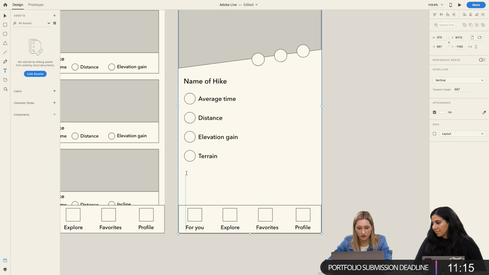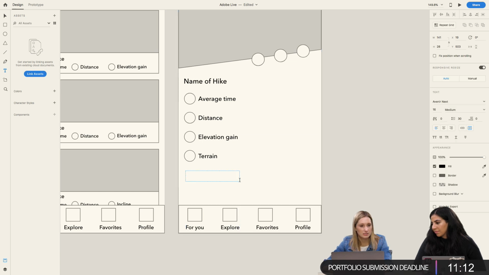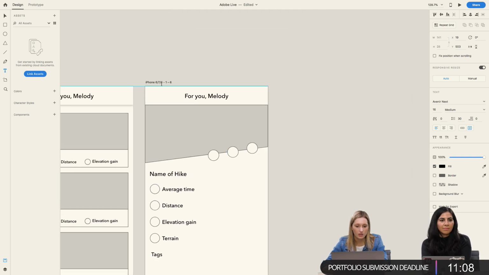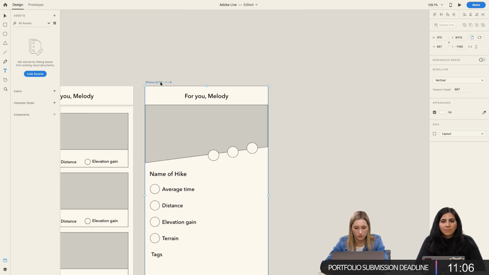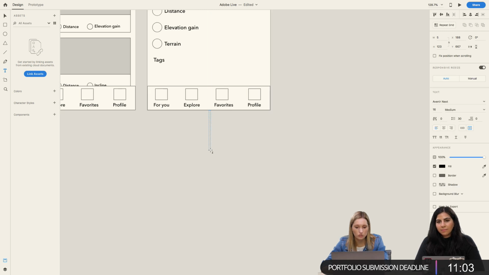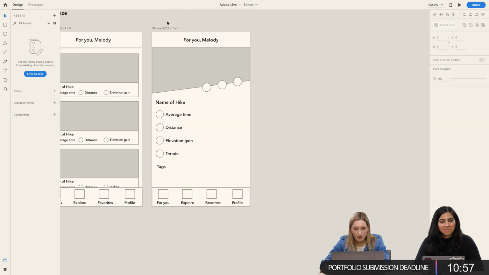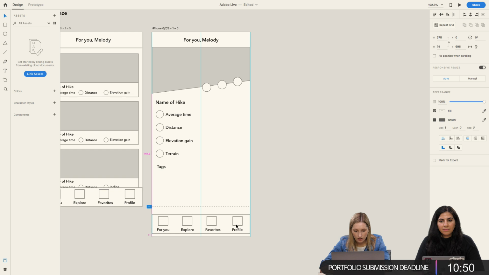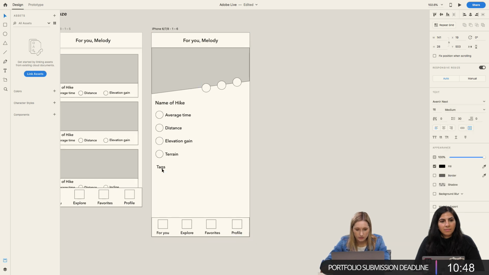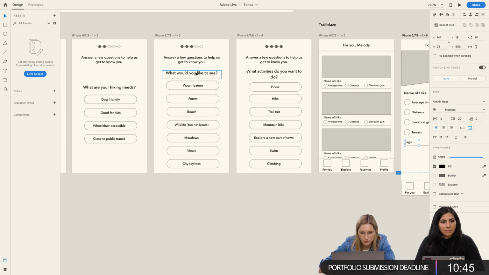And then what if you have a spot to add some tags? Someone said it'd be nice if you could add, personally, good for dogs, good for whatever, but what if there was a user spot where you could actually put in something, and once you've submitted the hike, you have the ability to talk about it. So let's just expand this down. We don't want to go too far down, right? We don't want to hide things. But maybe we call this section, let's see what we called it back here. So this is like, what would you like to see? So maybe it's like,